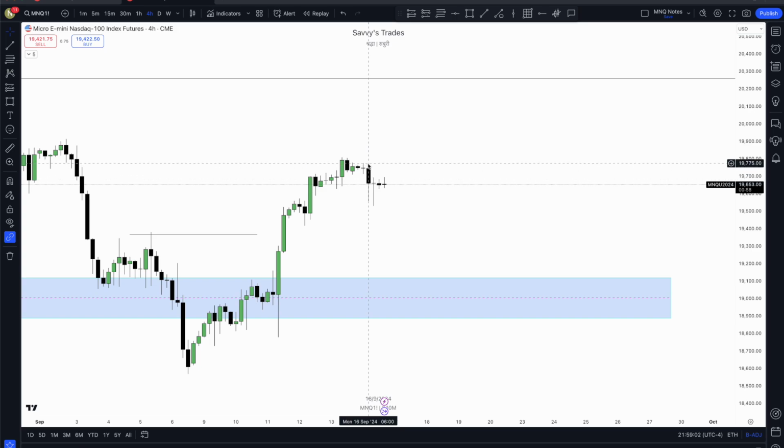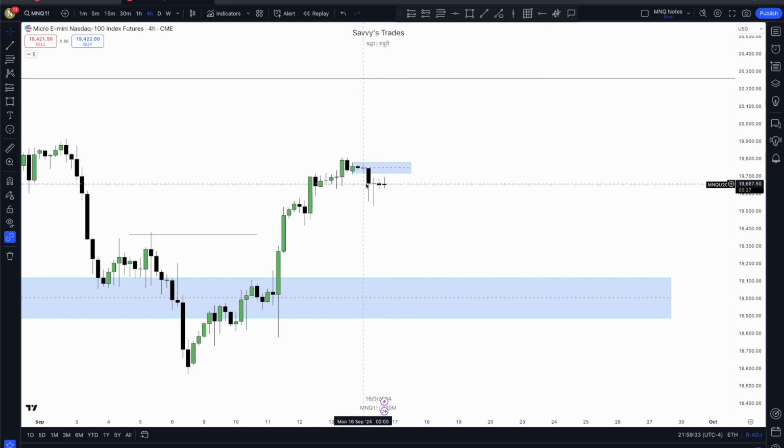The 6 a.m. candle printed bearish, and you could see that if you consider this 4-hour swing low as a significant swing low, you could say that we had a market structure shift as well as change in state of delivery to the downside, right? And because of that, what happened here is we validated this bearish order block